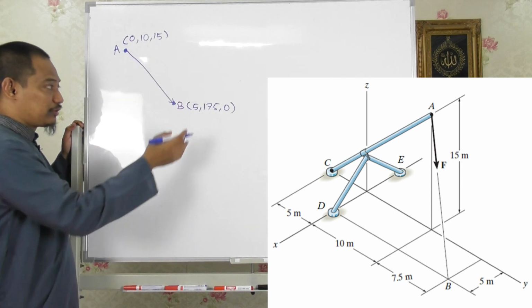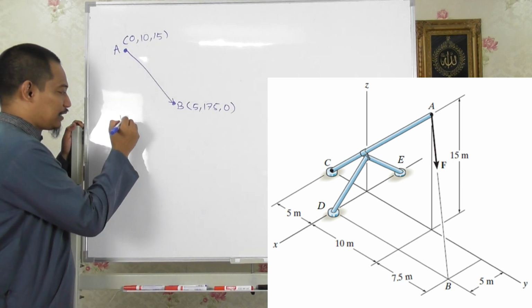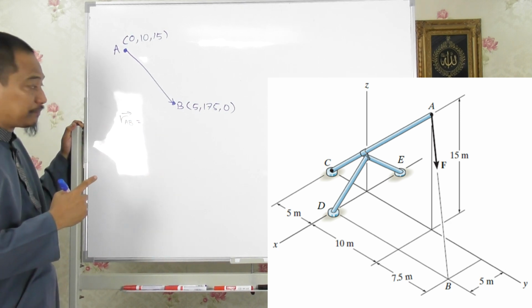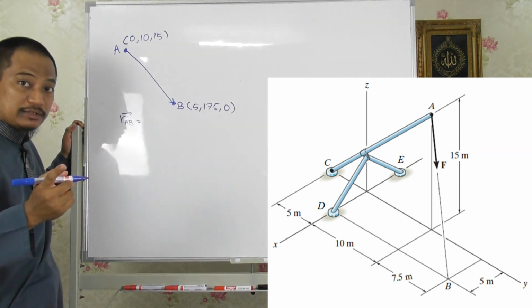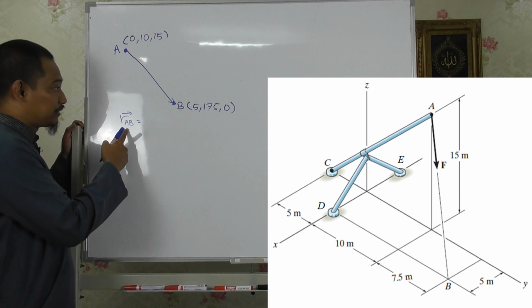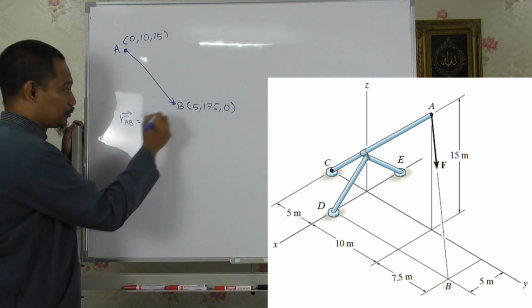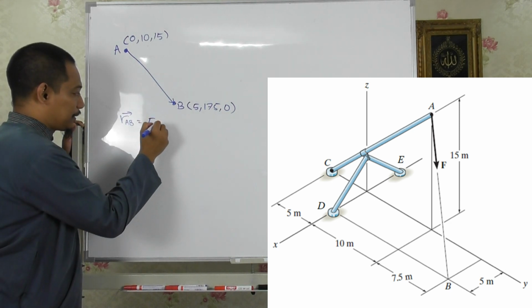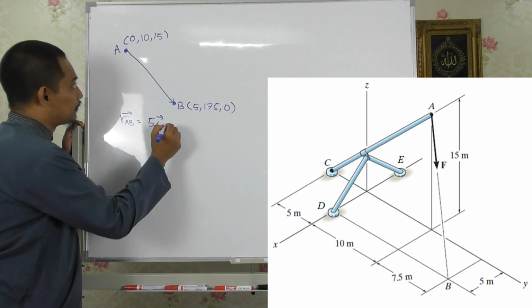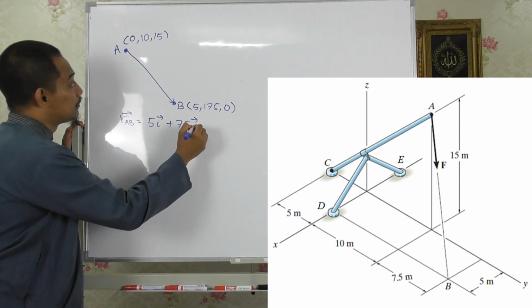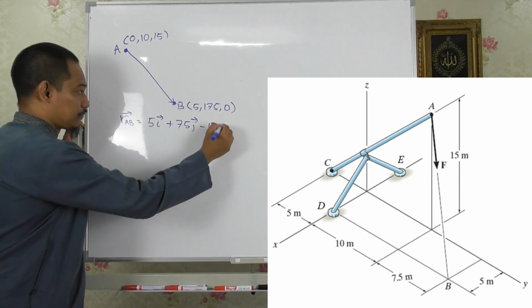So from these two coordinates, we can find the RAB vector. This is the position vector. You should already have learned in the tutorial how to calculate this. Basically, this minus that one, so you should get 5i plus 7.5j minus 15k,